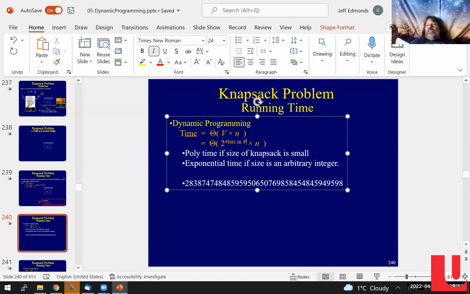And if the total number of sub-instances that you ever have to have turns out not to grow exponentially, but only to be polynomial, right? Then we can form a table